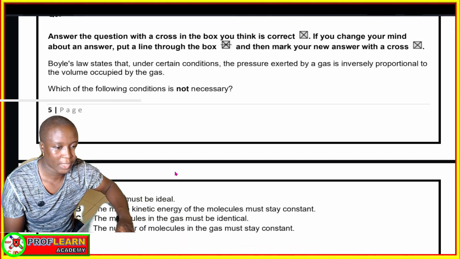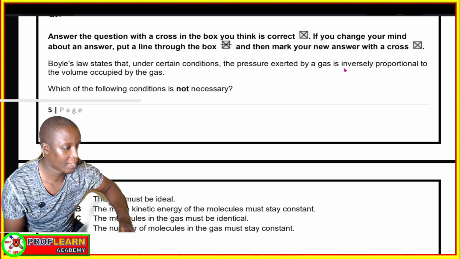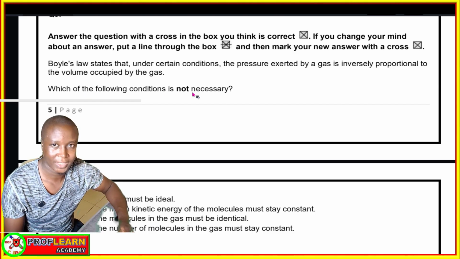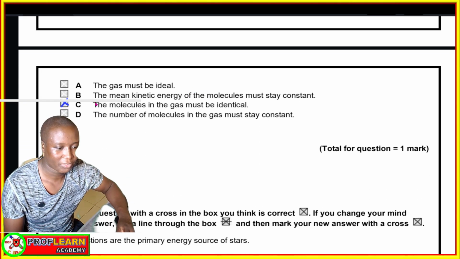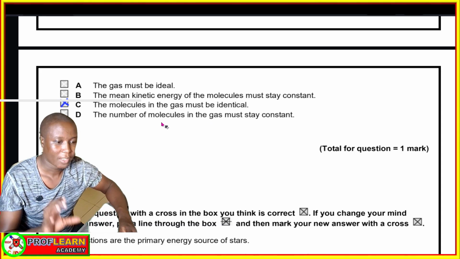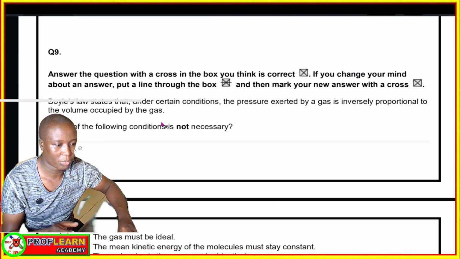We have question 9. Boyle's law states that under certain conditions, the pressure exerted by a gas is inversely proportional to the volume occupied by a gas. Which of the following conditions is not necessary? The condition not necessary is that the molecules must be identical. It's not necessary, but the gas must be ideal. The kinetic energy of the molecules must stay constant, and the number of molecules must stay constant, because if these change, it's going to